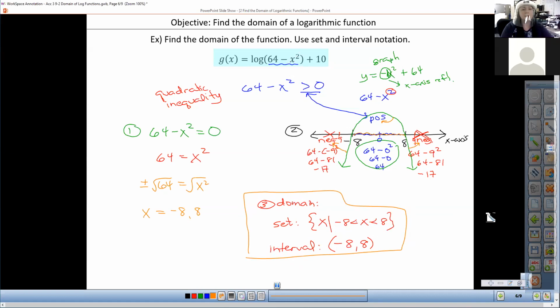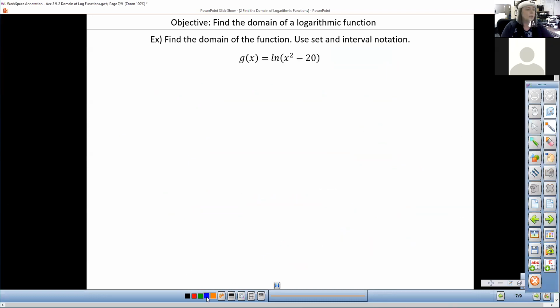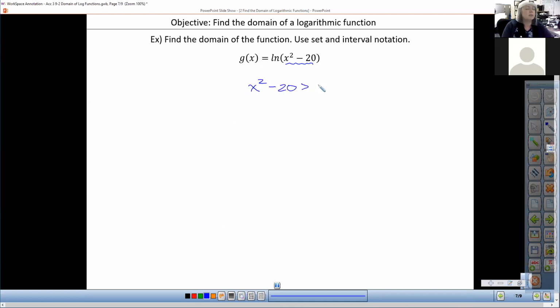All right, let's take a look at the next one. So here, dealing with another quadratic argument. So x in general, the argument is always positive. So this creates a quadratic inequality,